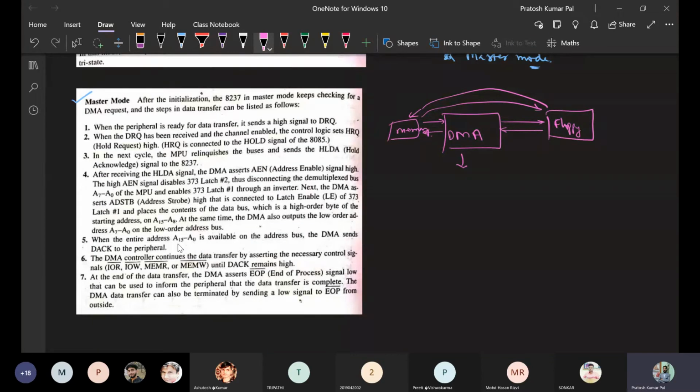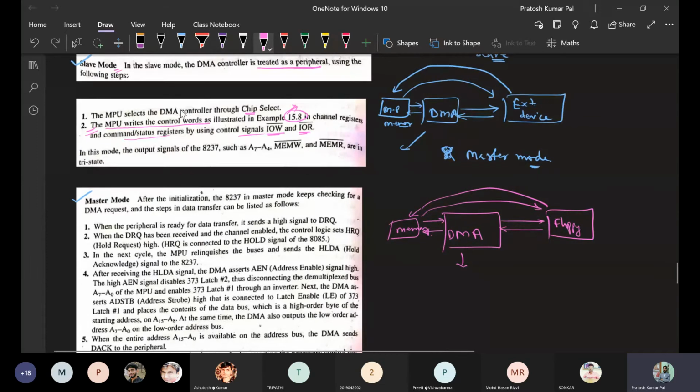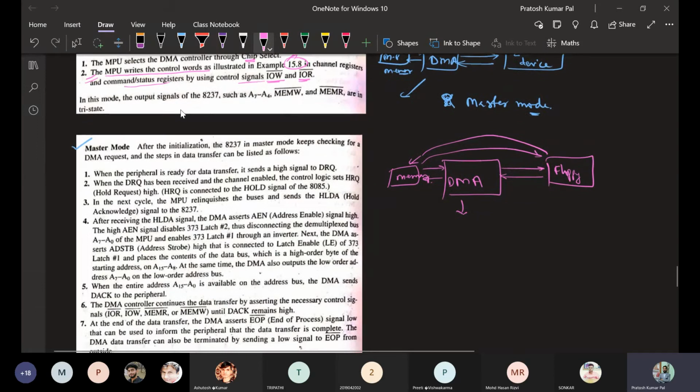We have seen the slave mode. Whenever the DMA controller is going to operate, the first operation will be the slave mode. It initially operates in slave mode so that some data is loaded into the DMA controller. Once the data has been loaded, that is called initialization of the DMA controller.